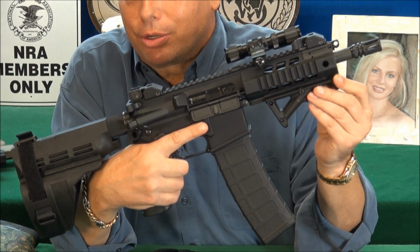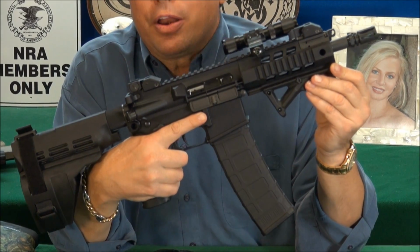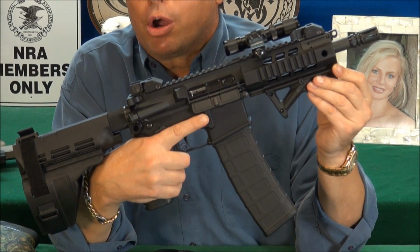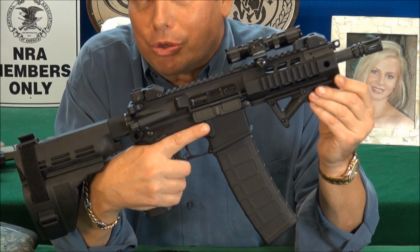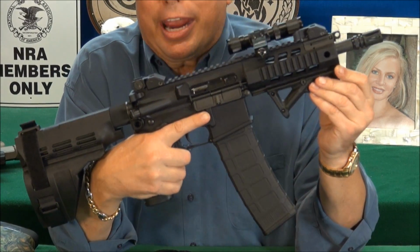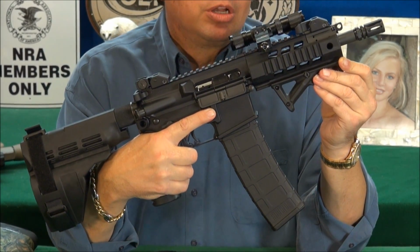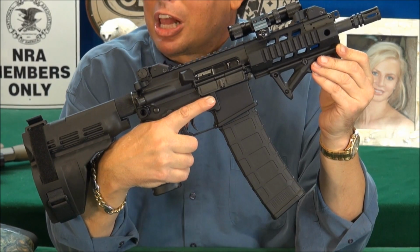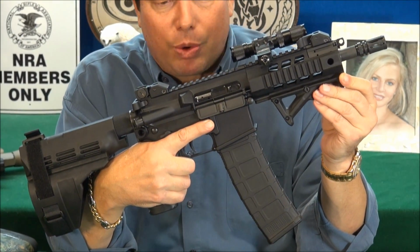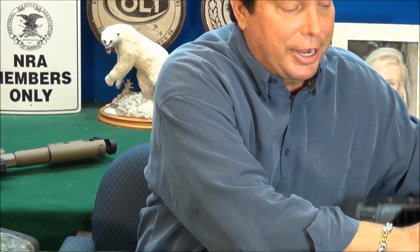It's up to you to put your reasoning in the comments as to why you want whatever gun I'm showing you or whatever caliber I'm showing you for personal self-defense. And it's our right, it's our Second Amendment right to have these types of guns. So I do like the 5.56 a lot. As you know, I've got like 10, 12 of these puppies. Let's move on and talk about a different caliber,